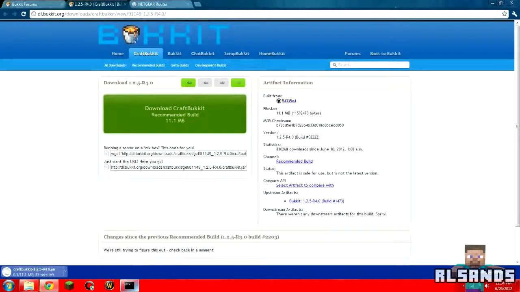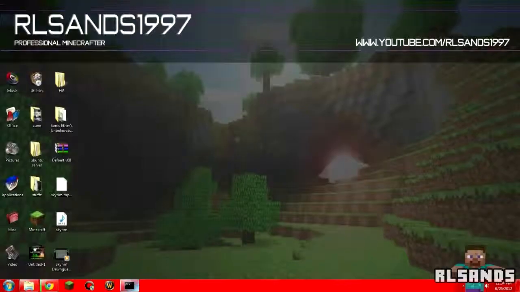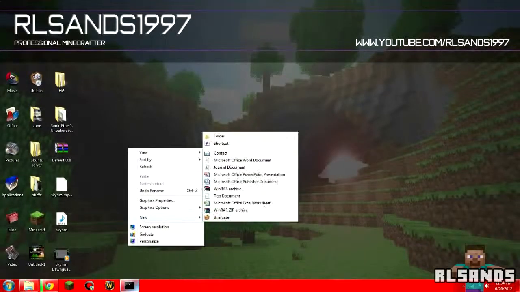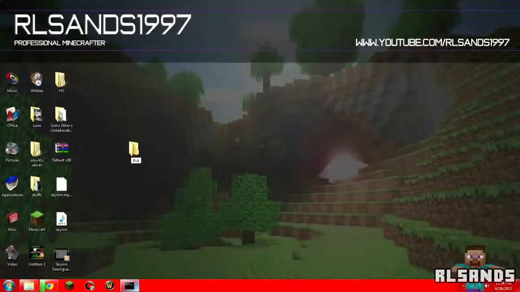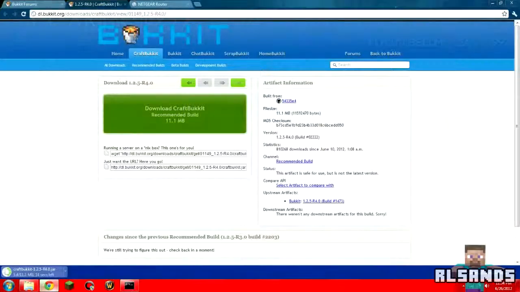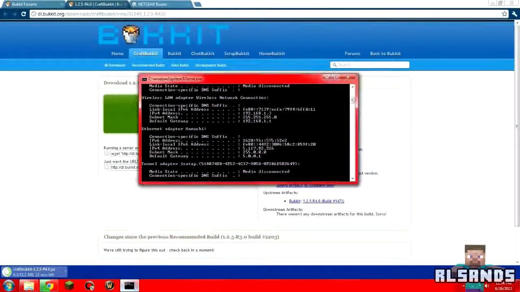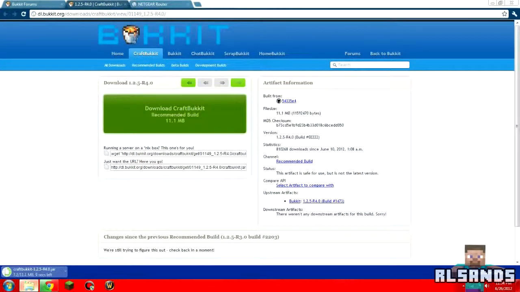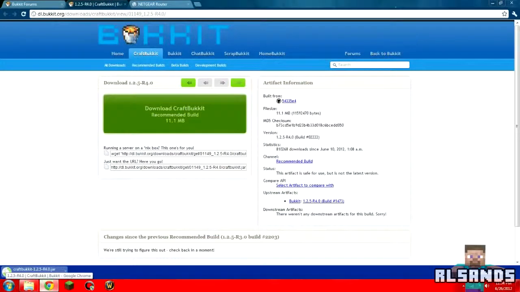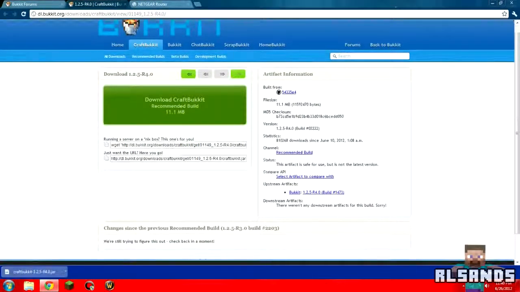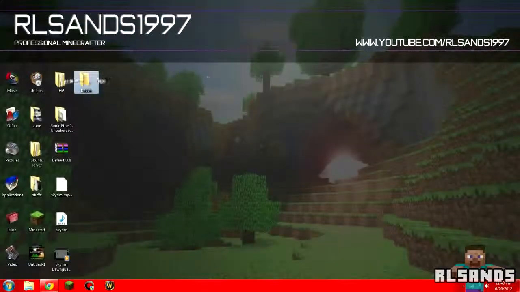I'll hit keep, and while we're waiting for that to download, we can just go and create a new folder on the desktop where we can host our Bukkit server. So I'll call this Bukkit. Now, this is almost done downloading, and actually we can just close all these up. We do not need those, and we do not need that. So I'll just close that up, and we can just wait for this to finish downloading. It will only be a second. Alright, so now I'm going to just drag this right into the Bukkit folder that we created earlier,